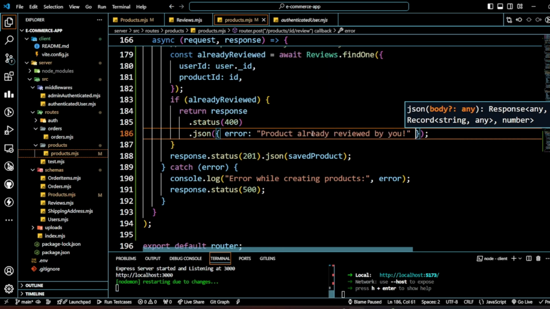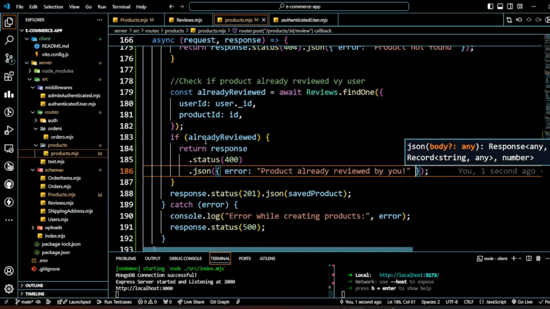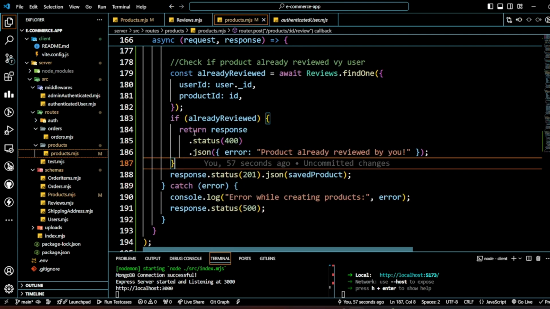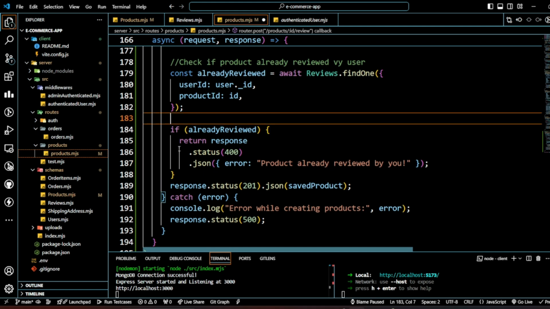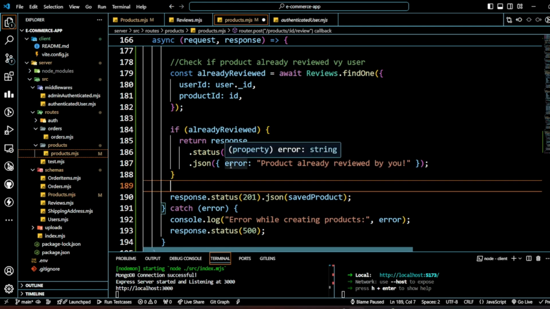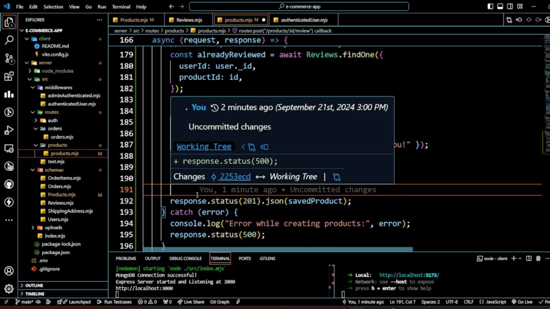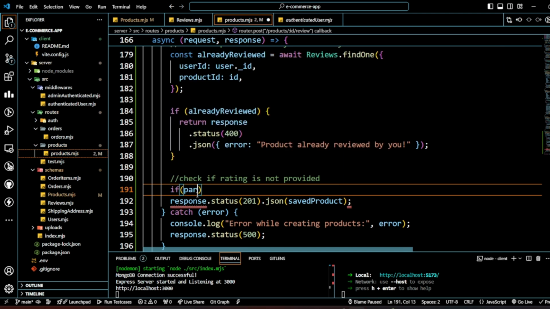It pastes a nice message. So if it already exists, then we have already reviewed, and the next case will be to check if the rating is not provided. So the user cannot review the product without providing a rating. So we'll do that. We'll check here if